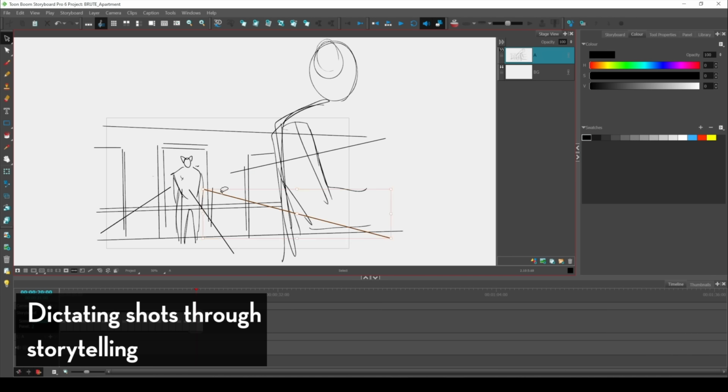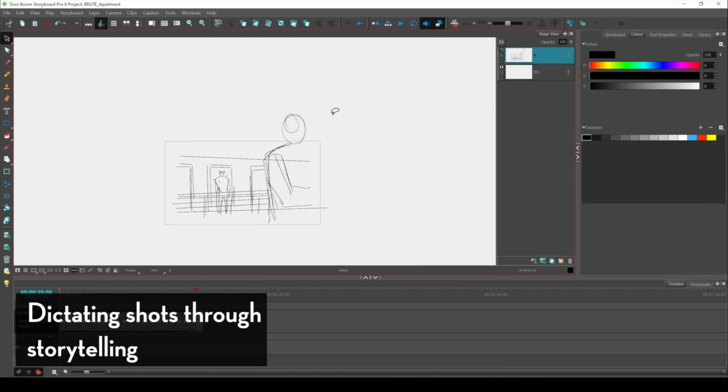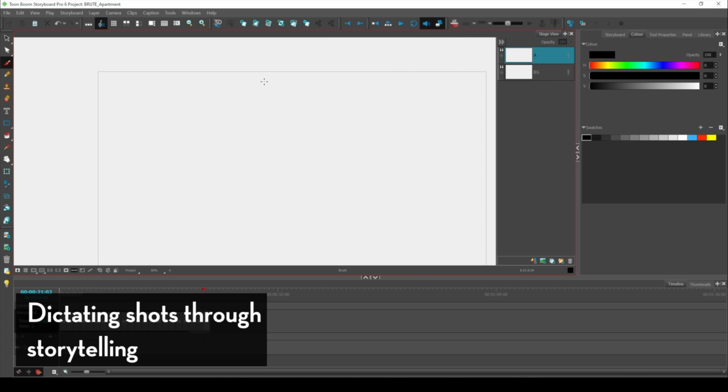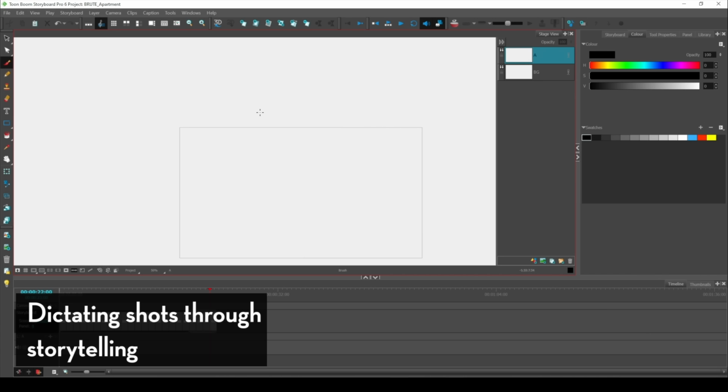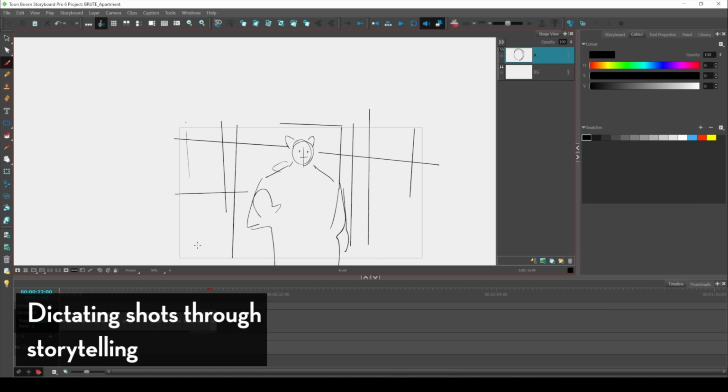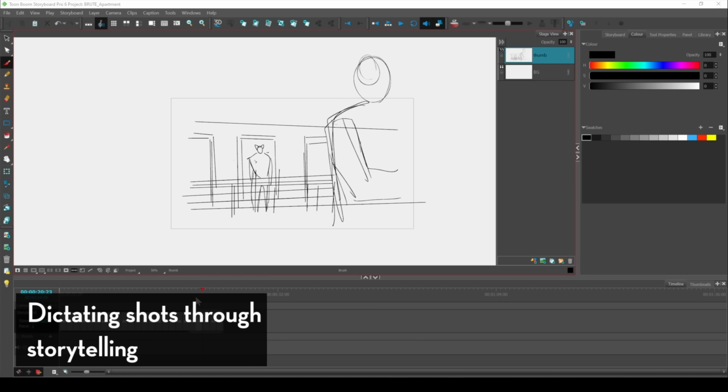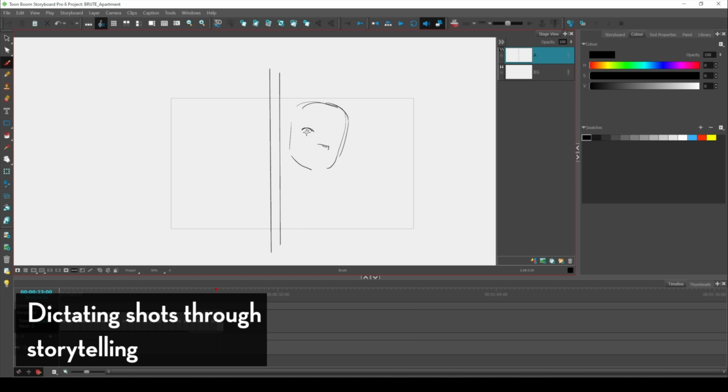So how do I go about dictating my overall camera shot and choices? Other sets of questions to ask is, what are we trying to establish overall? Which character has more perspective or power over the other? What emotions are the characters feeling, and how do they feel about their overall surroundings? How can shots show what the characters are feeling or thinking? How intimate do we want to be with these characters? Meaning, how personal do we want to be with these characters? How close do we want to be with them? How much do we want to be in their shoes? Or how do we want to feel being them?